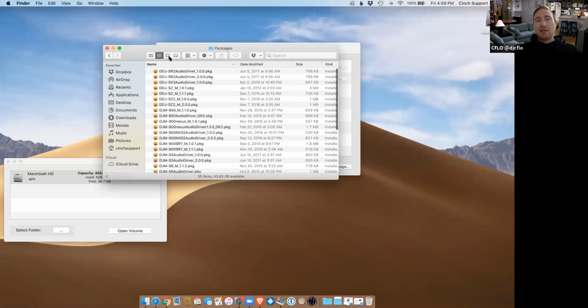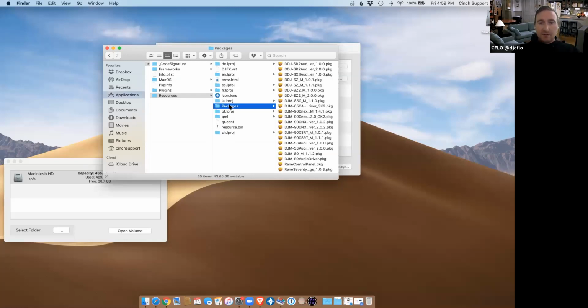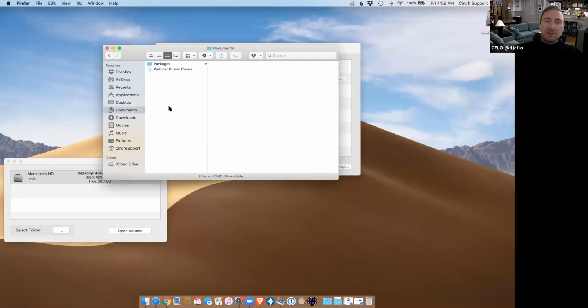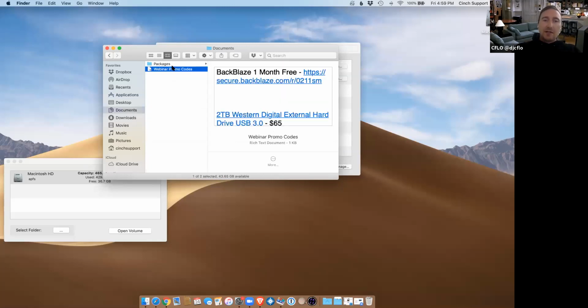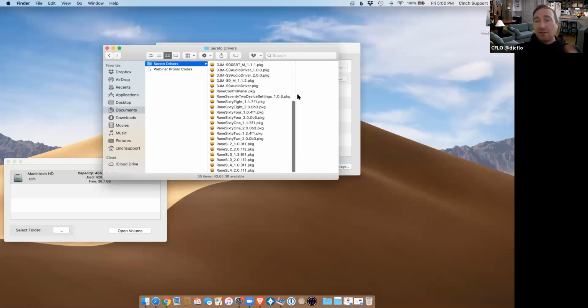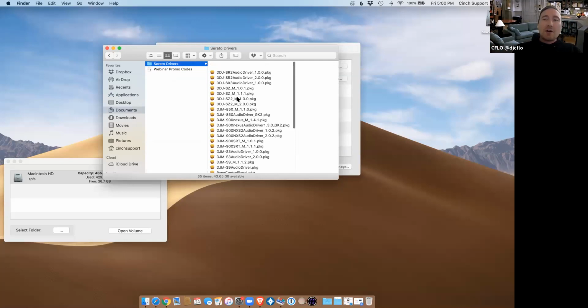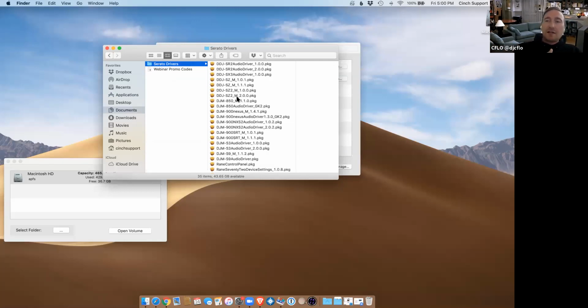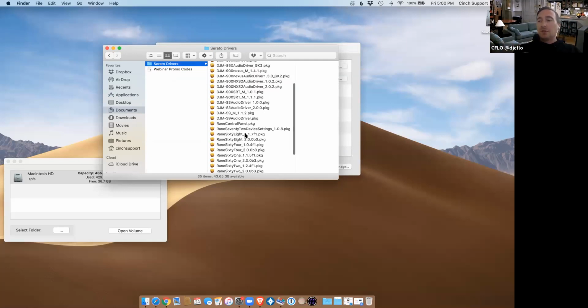And what I would recommend is you copy them out and put them in your documents or your downloads or somewhere. Now you have them here, and you can go Serato drivers. And this has all the drivers that Serato would prompt you with. If you plug the device in, it would go, hey, install this driver. You can install it without plugging in the hardware. You can get ahead of that. So you run these installers at home, you go to the club, boom, it's gonna connect.